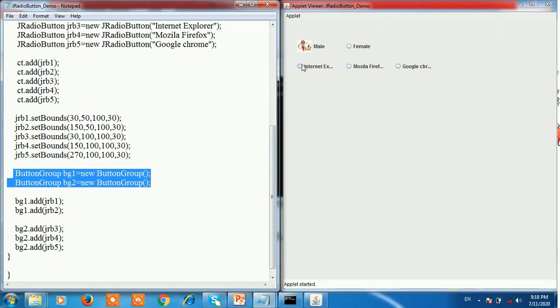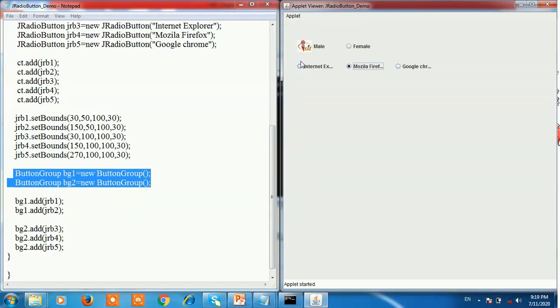When you click on radio button 3, Internet Explorer, it is selected. And when you click on another radio button in that group, the previously selected radio button is unselected.